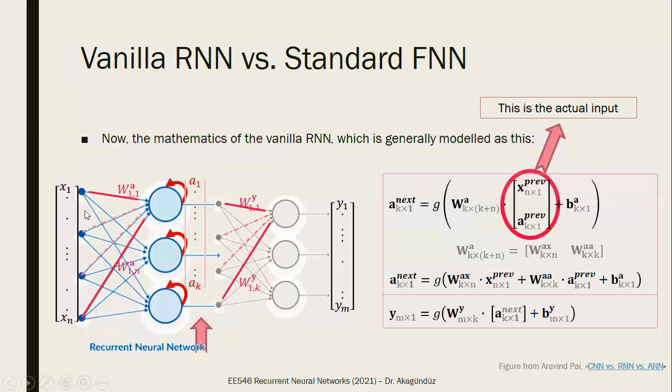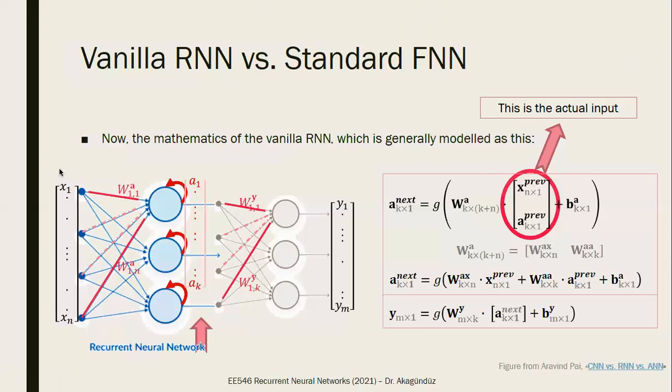Imagine I feed an input to it. What I do is I do this multiplication, and in the end of this multiplication, I have a new a. Maybe using that a, I'm calculating an output. Maybe I'm not. It doesn't matter. Maybe I just forget that. If I feed another input, let's say x2, I'm not talking about the vector indices, but time indices. Let's consider that this is x.